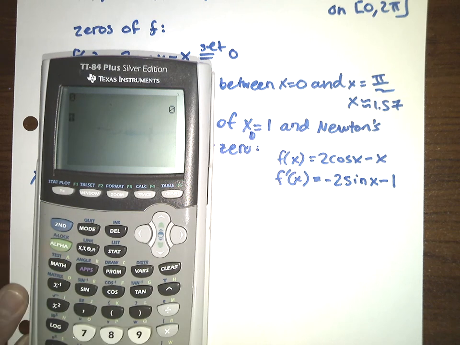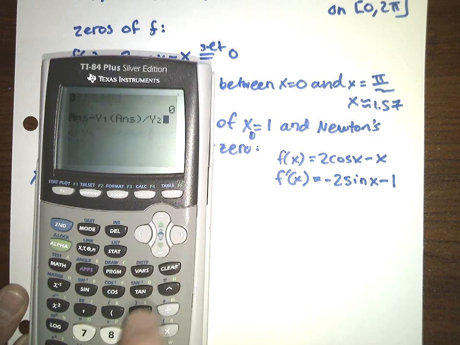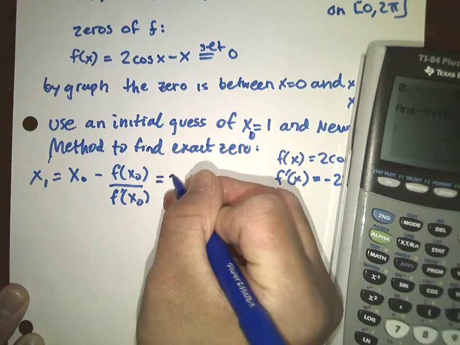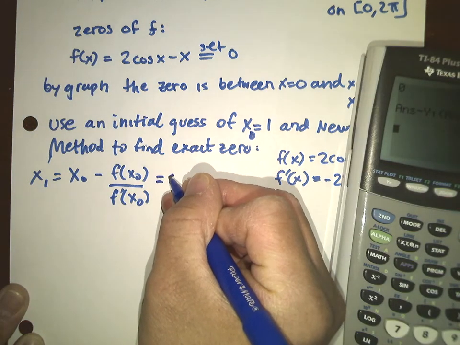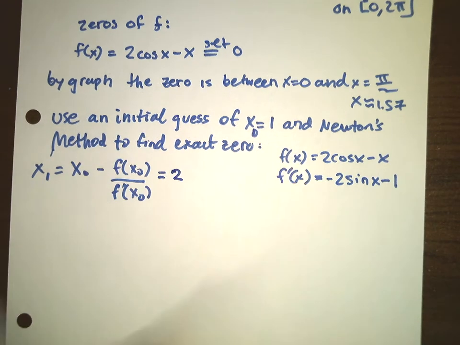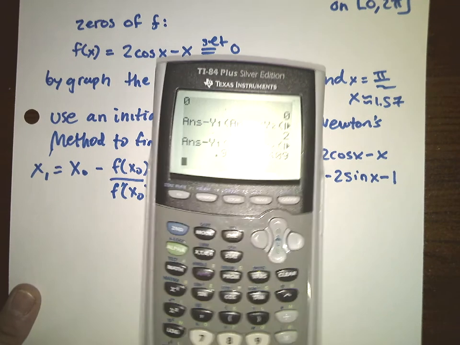Then we have that answer minus the function at that answer divided by the derivative at that answer. And so that will give us 2. Then we'll do that again, and we get